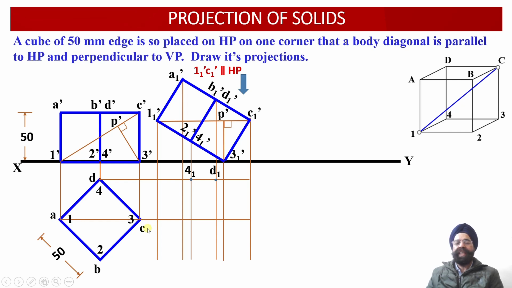So wherever the intersections of the vertical projectors through A1 dash, 1-1 dash, 3-1 dash and C1 dash will be, there with this horizontal projector line. So the 4 points in the top view will be located over here. So please check. This is the vertical projector line emerging from 1-1 dash. It intersects with this horizontal line over here, providing us with the location of the point 1-1 in the top